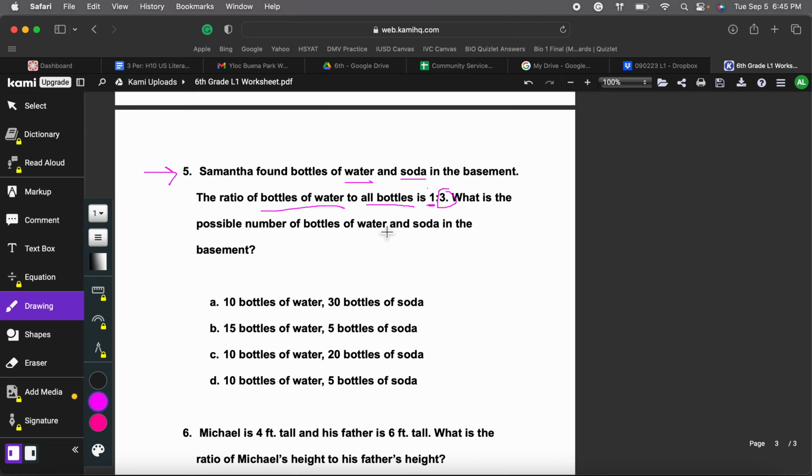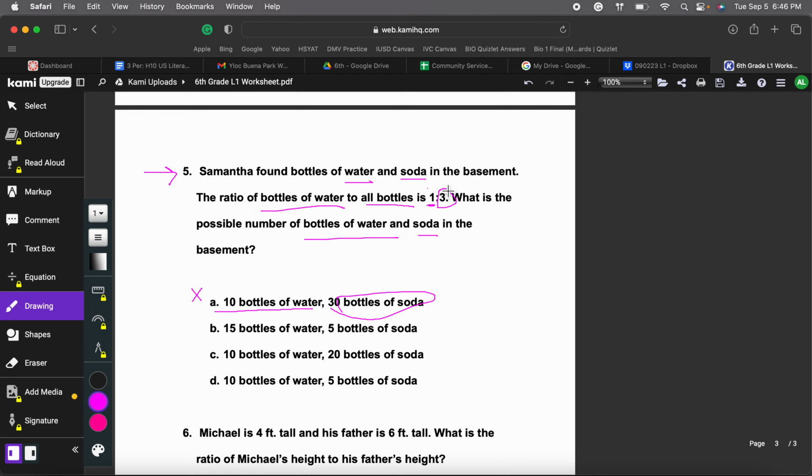Okay. So here they're asking the number of bottles of water to soda. So they're not asking us to find the part of water and total. No, they're not asking us to find total. So in that case, A would be wrong. If they were asking us to find the ratio of bottles of water to all bottles, then A would be correct. But since they're asking the possible number of bottles of water to soda, that means that C